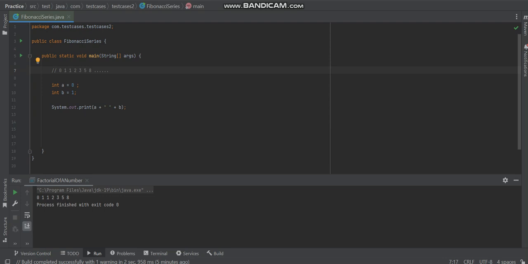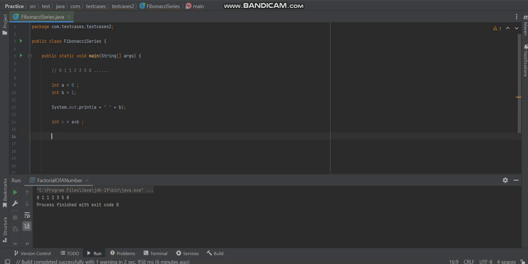So if we can notice here, this character is the summation of a plus b, then we get the c. Then what happens, we are shifting the position of a from 0 to 1 and b from 1 to 1. Okay, that means b will take the value of c, and then a will take the value of b. Okay, let me write it down so that it will be more clear. So what we have to do is, we have got a and b and we have already printed it. We have to print c. So what we'll do, int c equals a plus b,